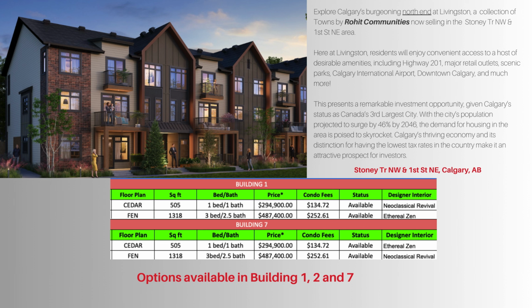And that's because it's for basic elements, which is perfect, absolutely perfect. So again, I've got a few examples, the small one, and then I've got the big one in building 1 and building 7. There are some units left in building 2. I didn't share everything, but if this is kind of exciting you, then that's your time, that's your trigger point to get in touch so that I can describe to you a bit more about what's available here for Livingston